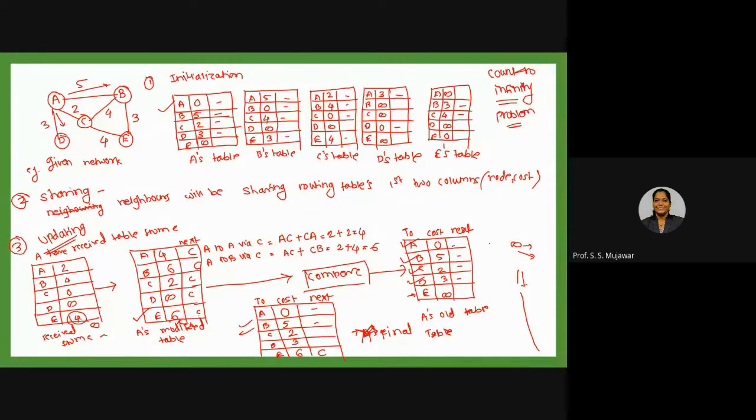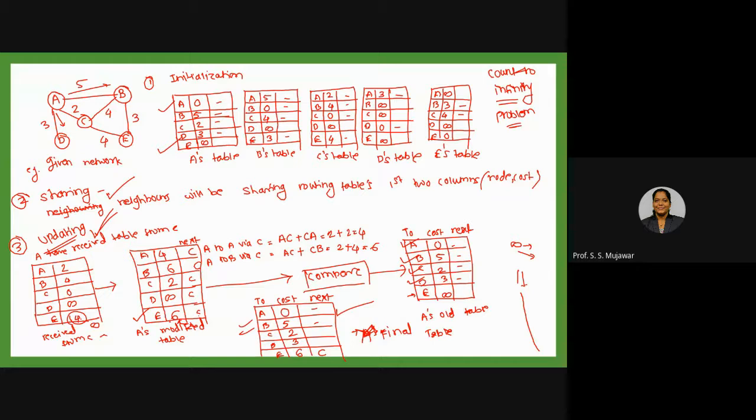And also there is a lot of time required for calculating or for doing these steps. Every time we need to initialize our table, after every 30 seconds or after every change, we need to share this table, and then after getting this shared table, every node has to update, every node has to modify its table, and then it has to compare its table, and then it needs to finalize the table, right? So to perform these steps, it also requires some amount of time. So this is again a lengthy process. So these are the problems of distance vector routing algorithms.